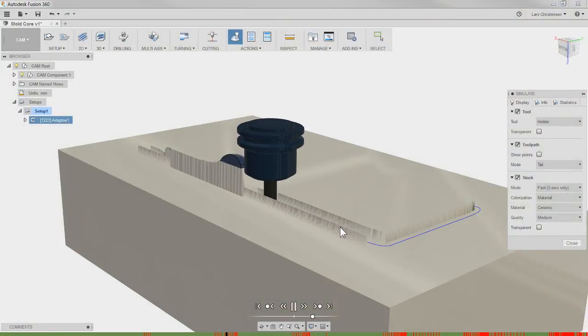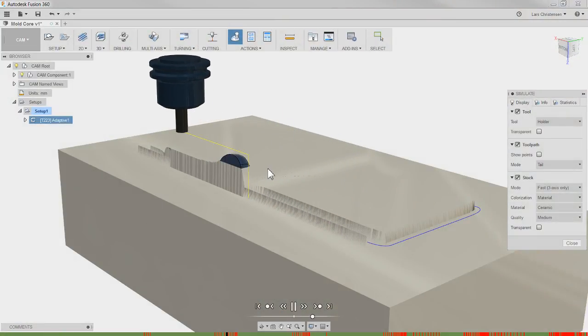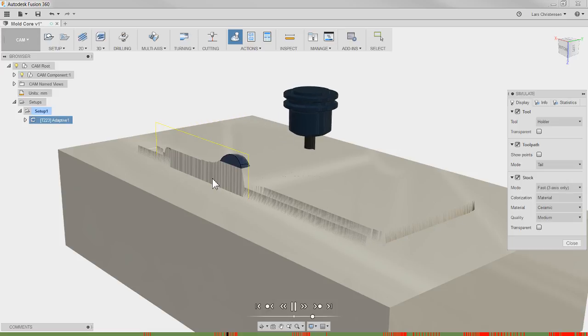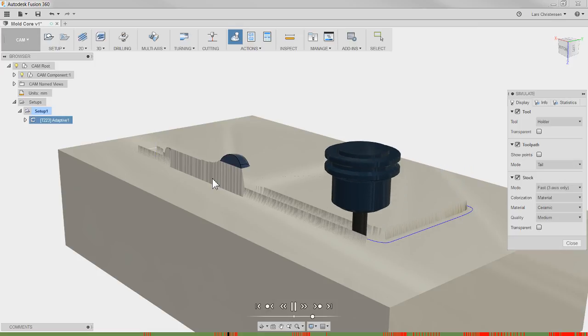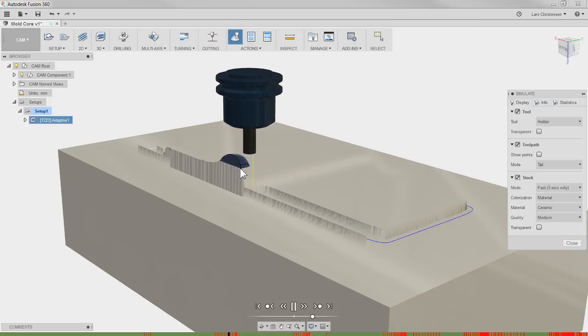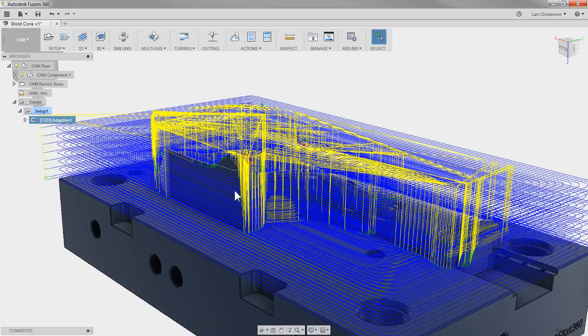Nothing was allowed to be sent through the post-processing in CAM without having been sent through simulation first. Even when you think, oh, I know what I'm doing and I've done this before, that's when mistakes happen. So you should always make it a habit to get in here in the simulation workspace before you post out any code, to verify that you do not have any of these crazy collisions where the tool is hitting